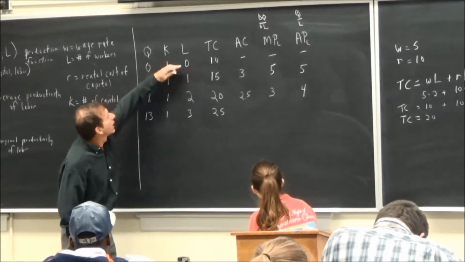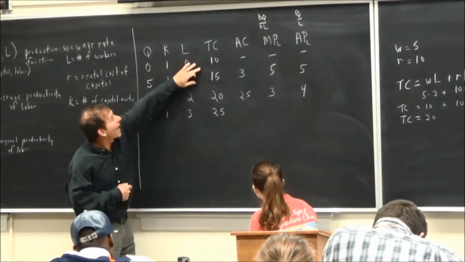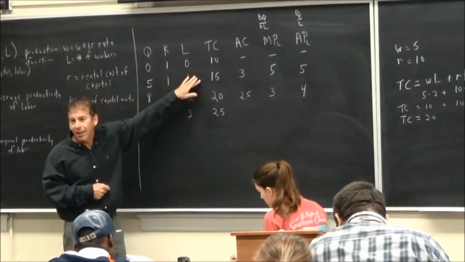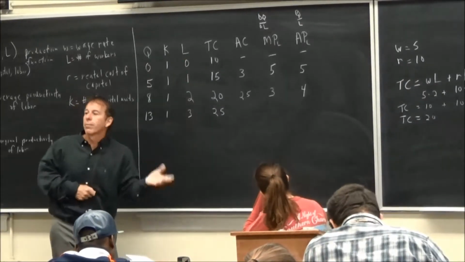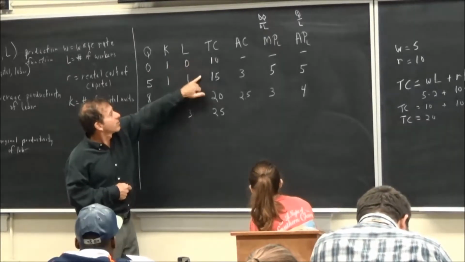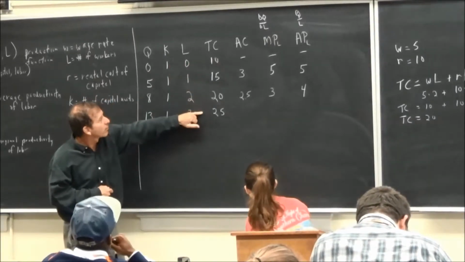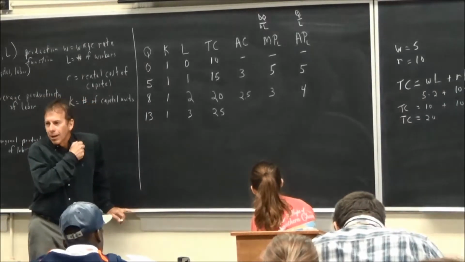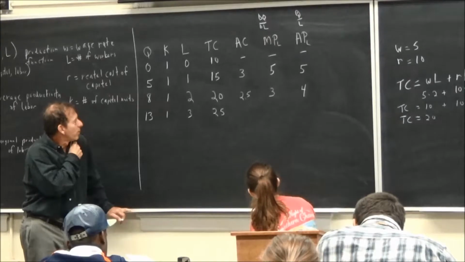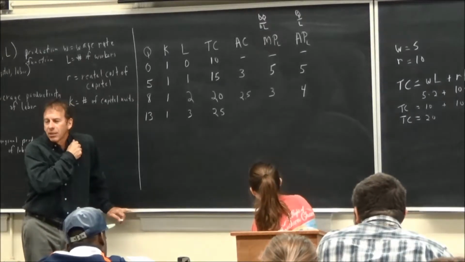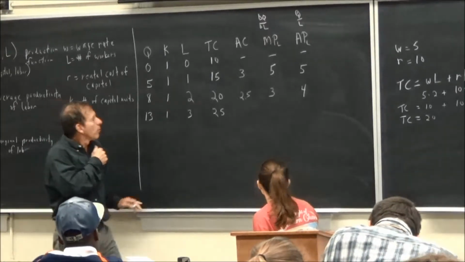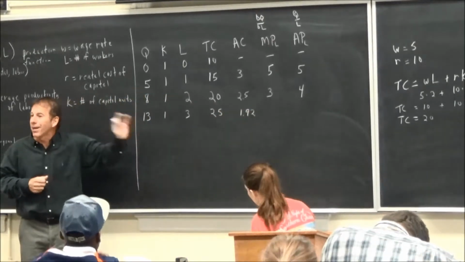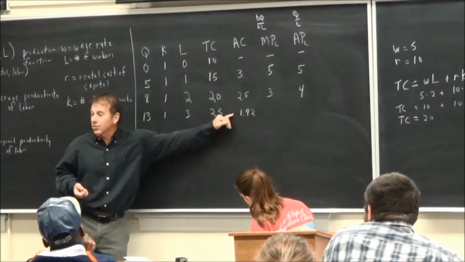Because all we're doing, if you notice, is adding labor. Every time we add 1 unit of labor, we're adding $5 because that's what we're paying them. So it's $5 for this person, $5 for this person, $5 for this person. How about the average cost? How much is it? 25 divided by 13 would be how much? 1.92. So now that means we can compete with those bigger widget companies because we can charge this